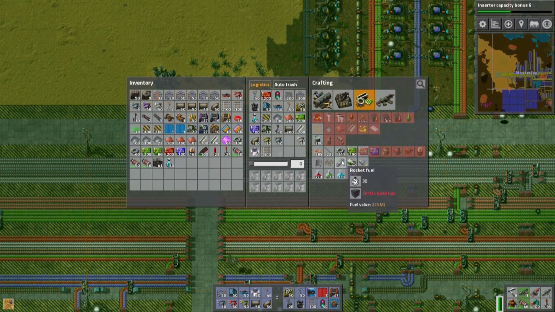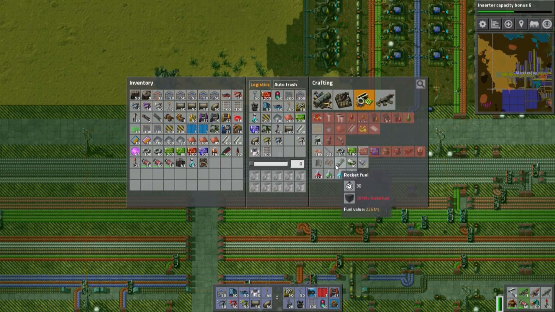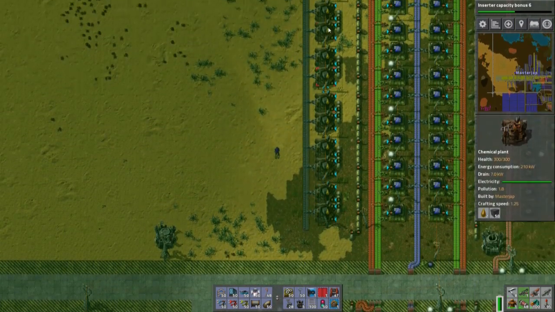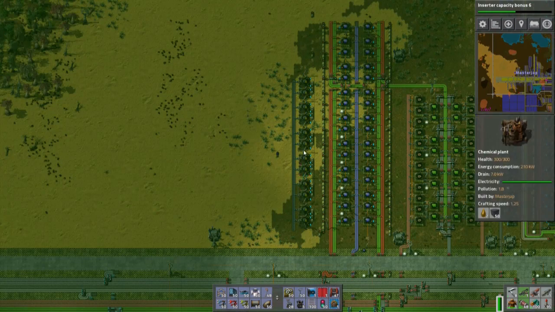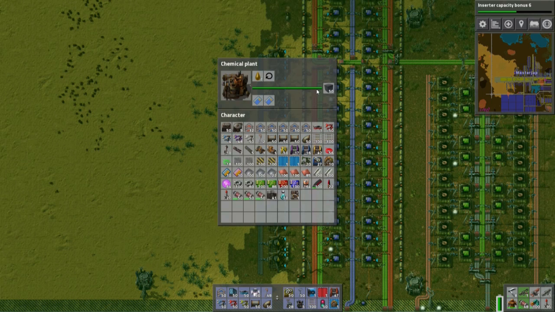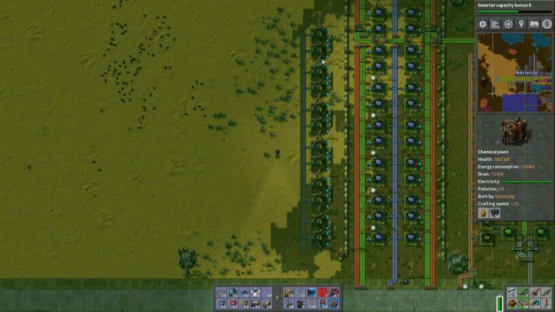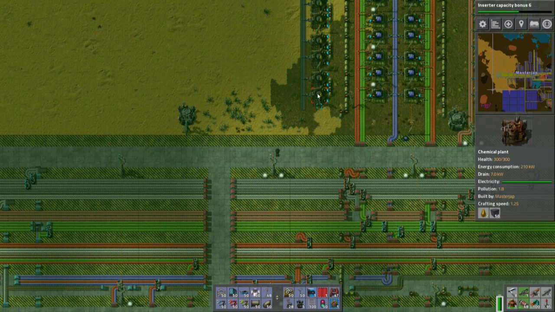So I said at the end, when we were creating solid fuel, I think it was in the previous episode, that I wanted to be producing at least one rocket fuel every second. So we had these here, which will be producing 12 every 3 seconds. Yeah, 12 every 3 seconds, which means it will be creating...